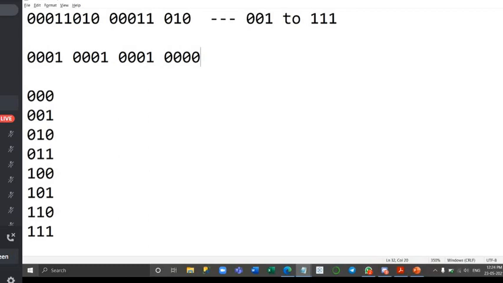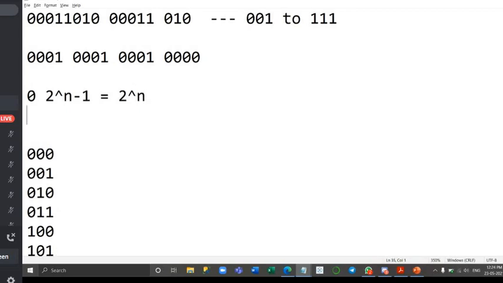I think this 2 to the power n minus 1 is because they start from 0. So if you start from 0 and you go up to 2 to the power n minus 1, then you get a total of 2 to the power n lines. So it's similar to going from 0 to 7, you get 8 lines. Yes, and the number of line says 0 line. This we need to explore.